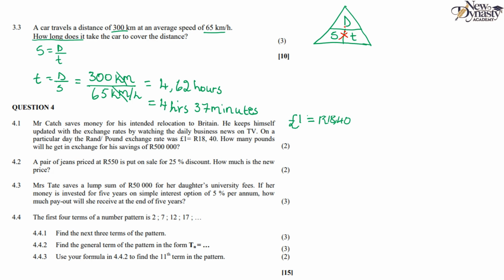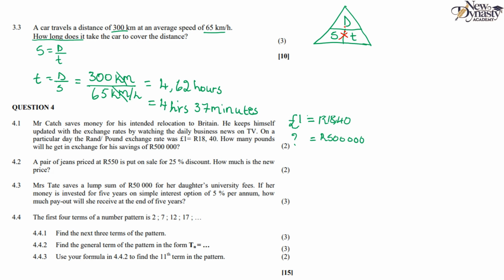Now I'm looking for pounds, or I must convert to pounds. So I put a question mark because I don't know how many pounds there are. Then I put the value of 500,000 under the rands here, because that is also rands. So that is going to be 500,000. Where I put a question mark, because I don't know how much the pounds are,